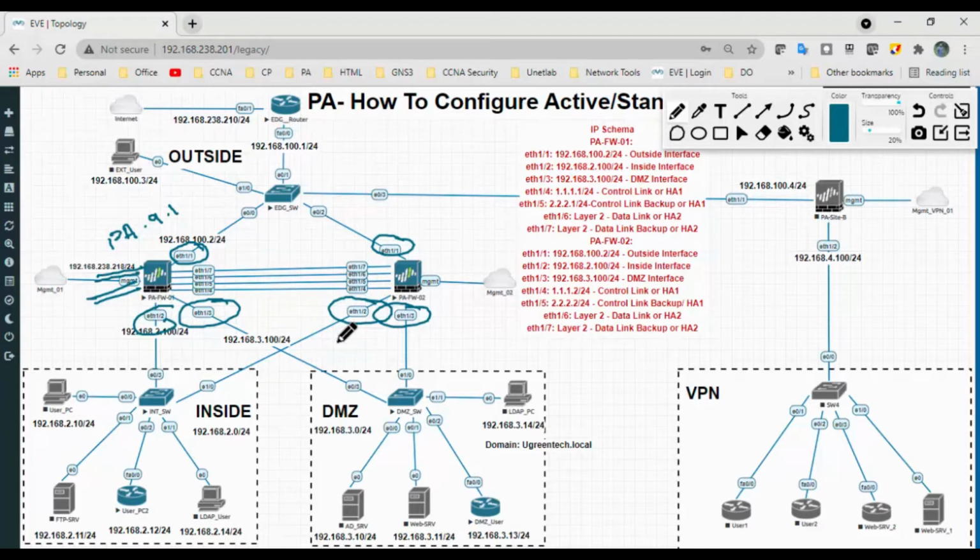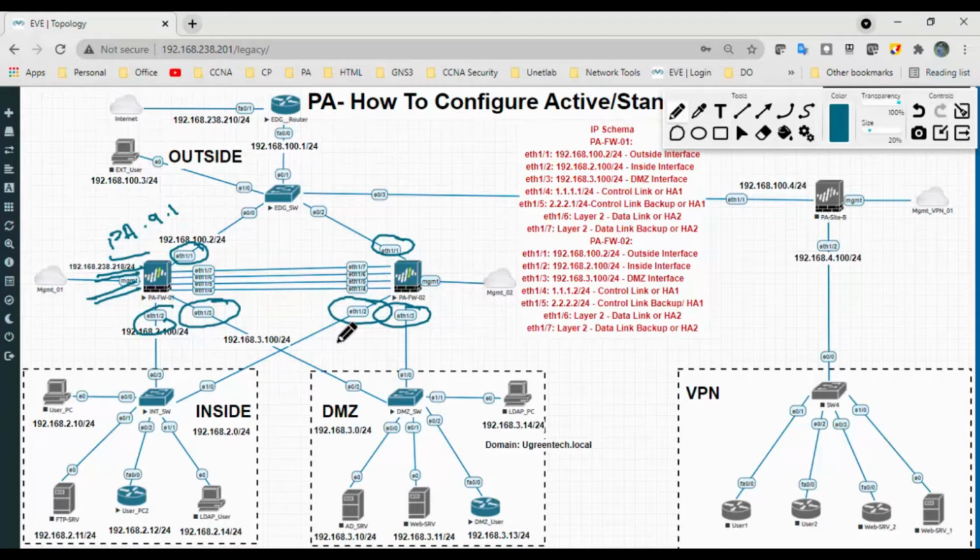Later we will change that to a static IP address, because without a static IP address it will not work. And licenses are unique to each firewall, and cannot be shared between the firewalls. Same setup required. And this is all about the prerequisites.